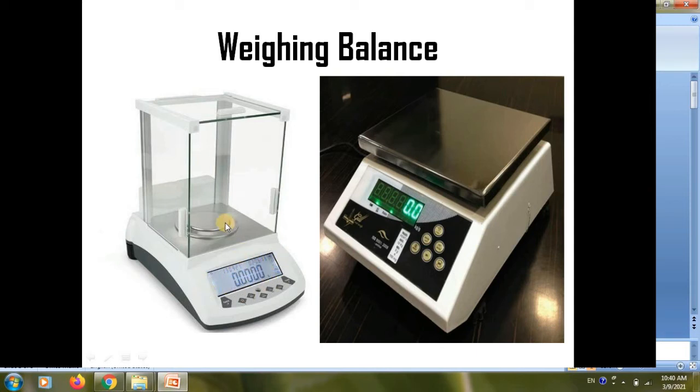You have to put butter paper over here. In this area you put your butter paper, which we will cut into small size and place on it. After that you have to press the tare button. Means butter paper has some kind of weight, 2 mg, 4 mg, so you have to tare that weight. After tearing it will be 0 again. Then after that you have to weigh